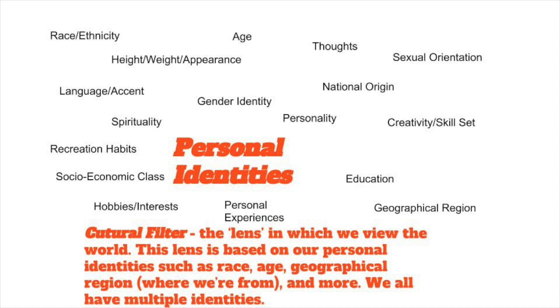The second thing about identities that I love, and it's very, very interesting, is that based on your identities, those identities go and contribute to creating a cultural filter. So what do I mean by that? Well, based on who you are, that's how you see the world. So think of it as a pair of glasses that you put on, and those glasses are based on your age. Those glasses are based on the fact that you're a college student. Maybe that you're an extrovert. Maybe that you identify your gender identity as male. All of those things contribute to how you see the world, how you see other people,